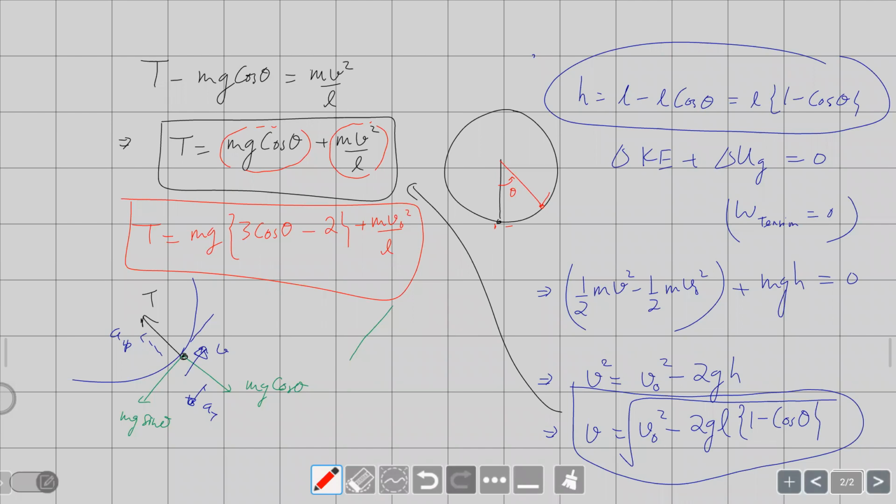Okay, so one equation we always have to generate from work energy, and one equation we have to generate from dynamics. That is the trick to solving any vertical circular motion problem. Of course, the case we are discussing, the thread attached with the particle, is a very standard case. So we will develop some standard formulas for this, like the condition for how much V naught we have to give so that it behaves like a pendulum, and how much V naught we have to give so that it completes the vertical circle.